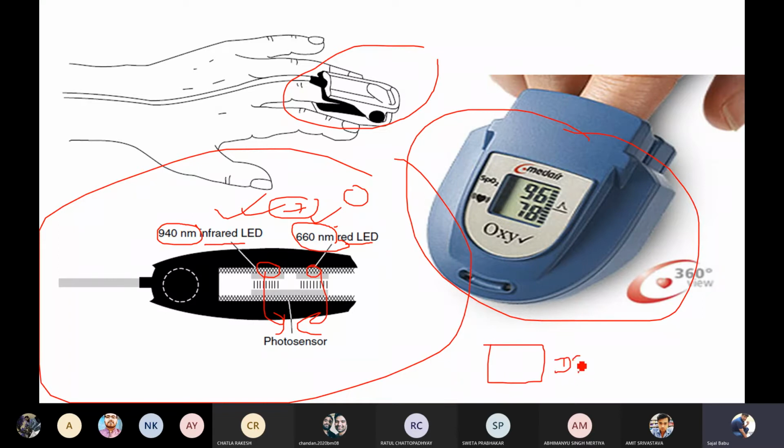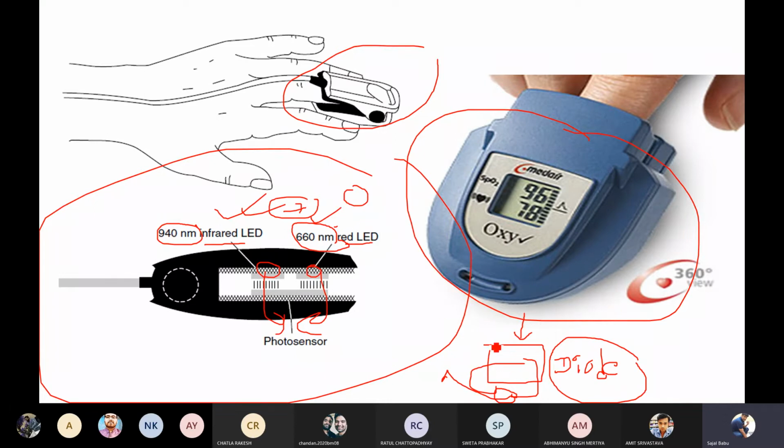For those who are listening to the word photo detector for the first time, what is a photo detector? The photo detector will be a diode. Whenever the light falls on it, there will be a change in voltage or current in this particular photodiode, and the change in the voltage and current can be calibrated and you can detect the light. So whenever the light falls, the voltage or current may vary, so it will detect the light.